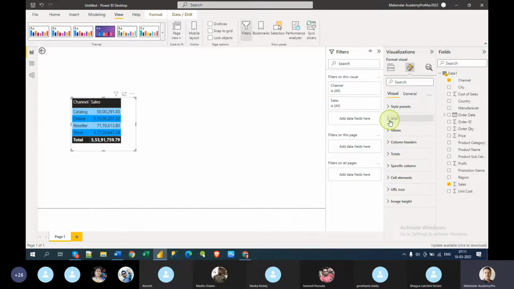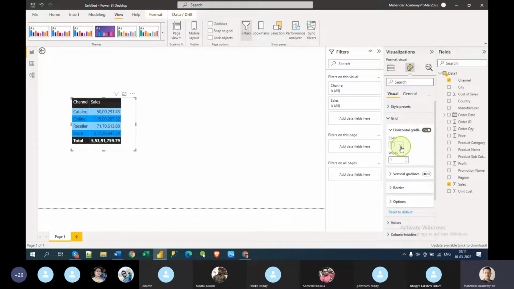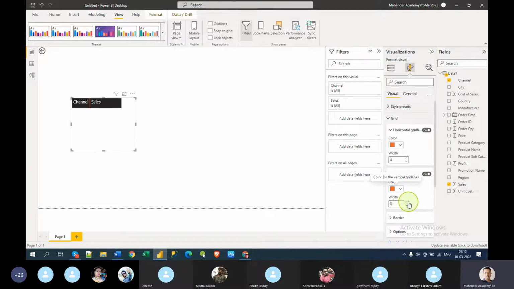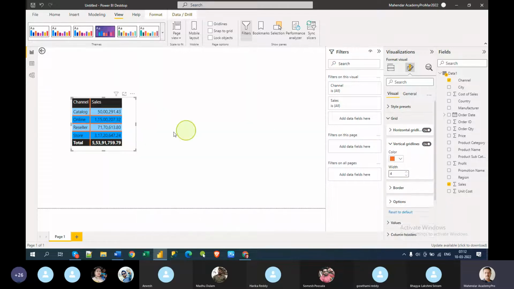Like this is a style, and this is a grid. Okay, horizontal grid is on. If you want to turn it off, you can. You can change to a different color so that you will understand. See the horizontal lines. You can make them a thicker size so that you can see thick lines. And the vertical grid you can also turn off, and the lines between this, and you can also make this the same orange color and make this thick. Maybe it might not look so good, but I just want to tell you the importance of these grid lines.